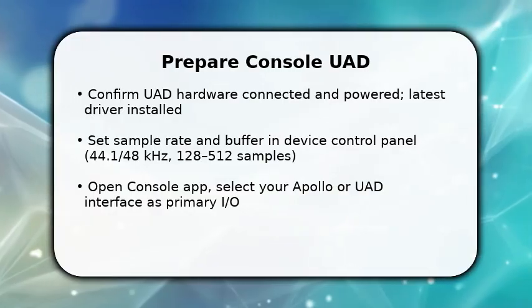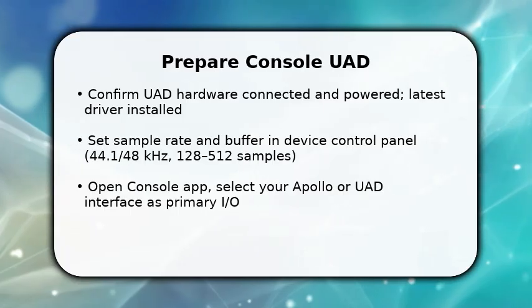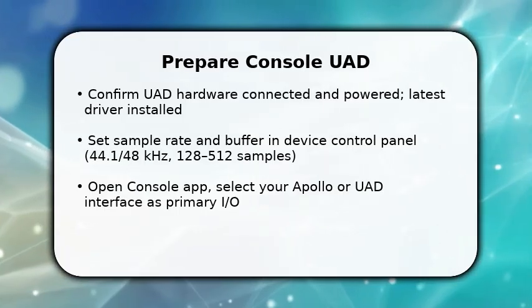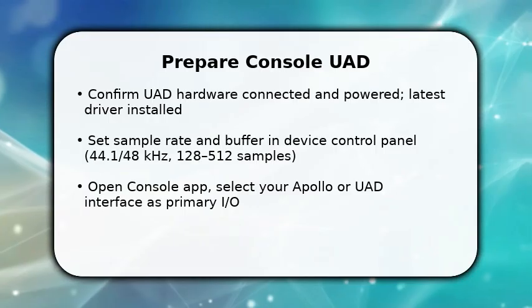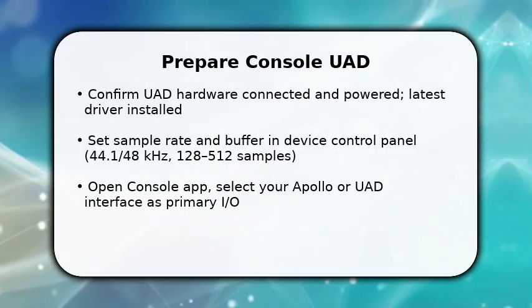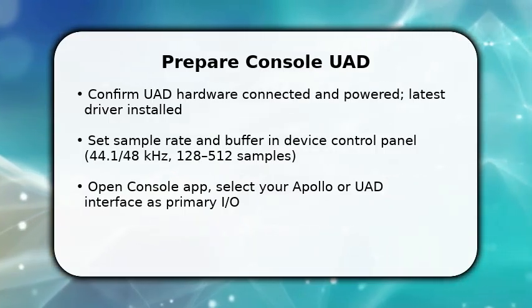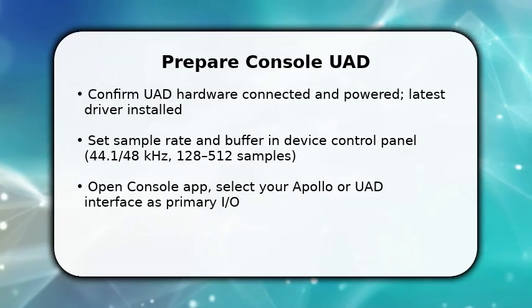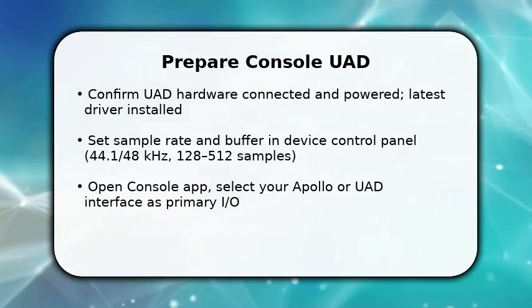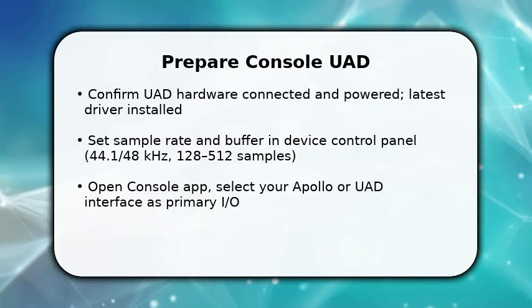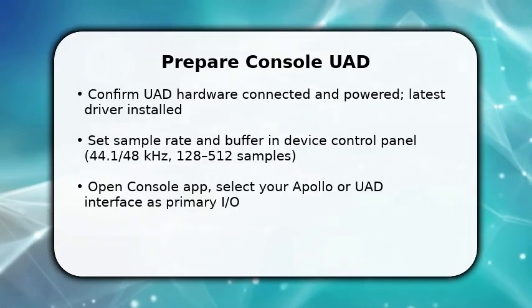You'll start now by ensuring the UAD device is connected and powered. That avoids basic I/O errors. Once done, launch the console app and pick your Apollo or UAD interface as the primary input/output. Make sure the driver and firmware match the device and confirm sample rate and buffer settings in the device control